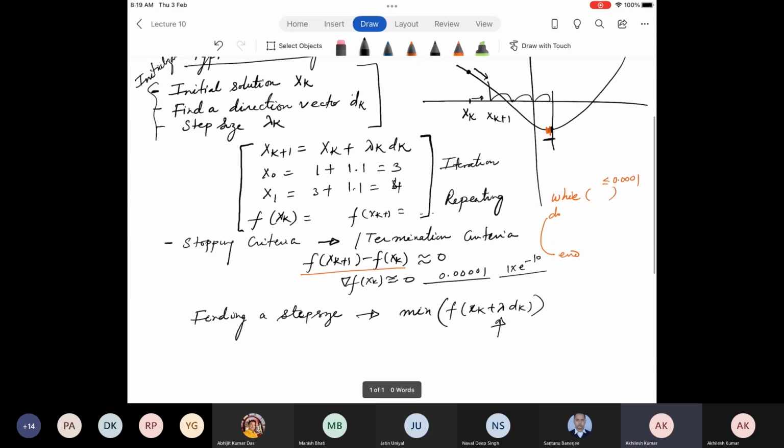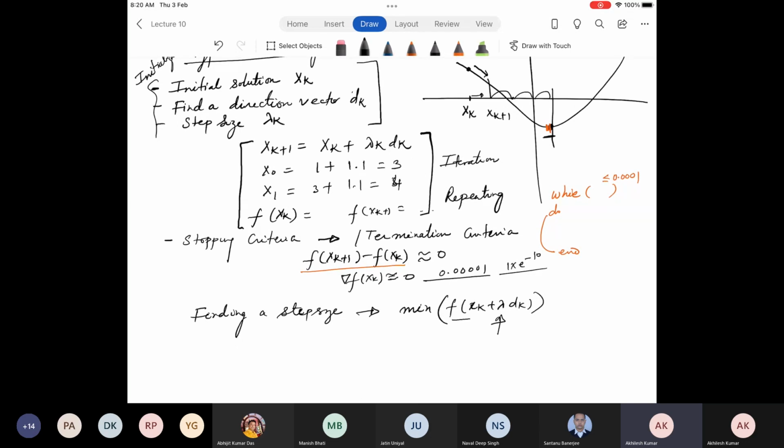And if you look at this, no matter what function I use, this function f of xk plus lambda dk will be in terms of which variable, given that I have given a direction and I know xk? This function will be in terms of f of lambda, because lambda is the only variable. I'm giving the initial point, I'm giving the direction. Lambda is the only thing I'm trying to find. Does that make sense?